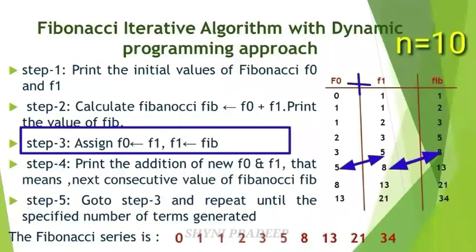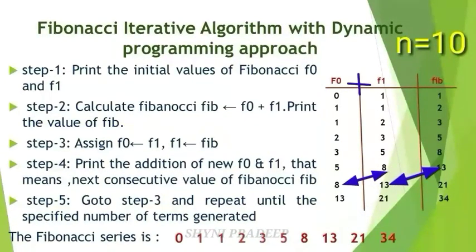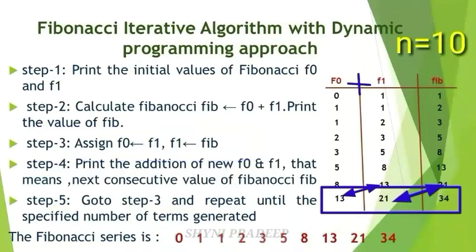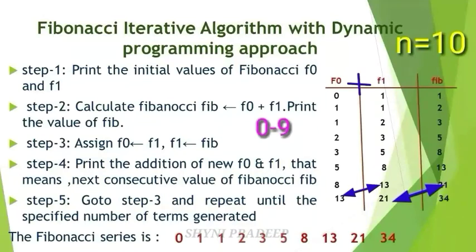Next again go to step 3. Assign this F1 value to F0, 8. Assign this fib value to F1. Again print the addition of new F0 and F1. 8 plus 13, 21. So here write 21. Again go to step 3. 13, 21. 13 plus 21, 34. Write here 34. See here, you have to generate the Fibonacci series for 10 digits, okay, which means 0 to